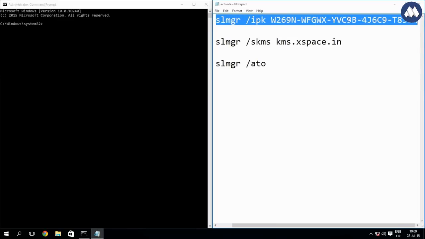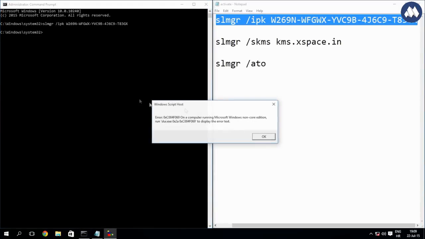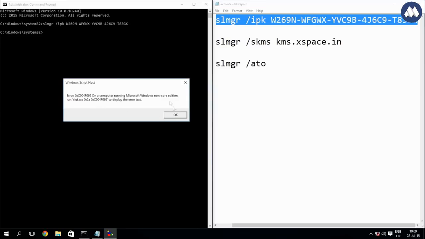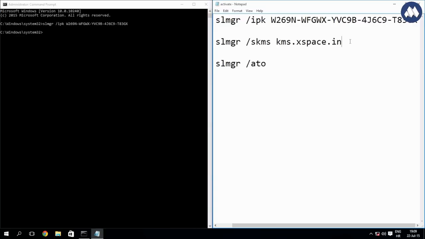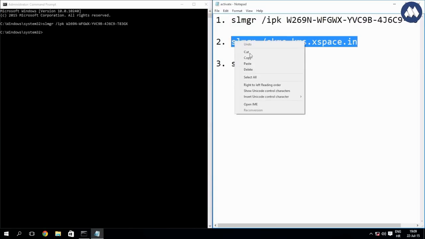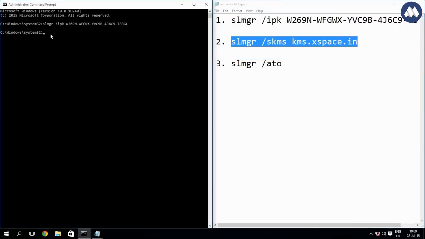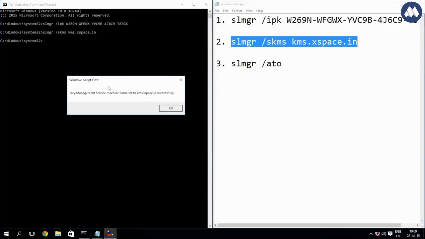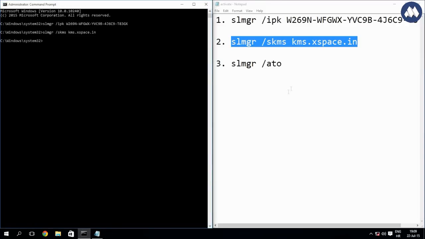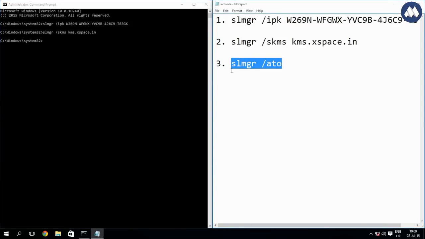Copy the first code, okay, and paste here. Then you paste it, click enter, and when you get this message, ignore it and click ok. Then copy the second one and paste here, click enter, and when you get this message, click ok and copy the latest one,